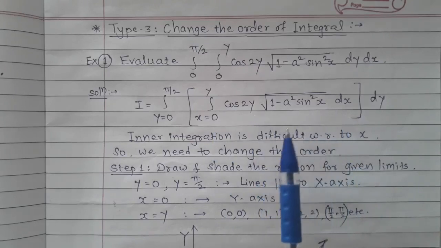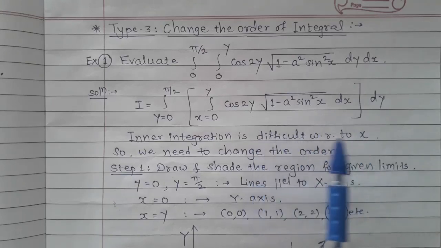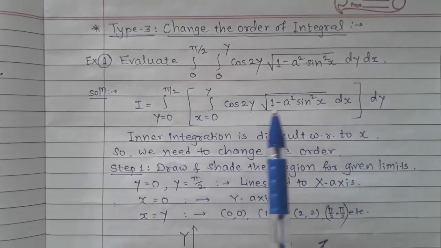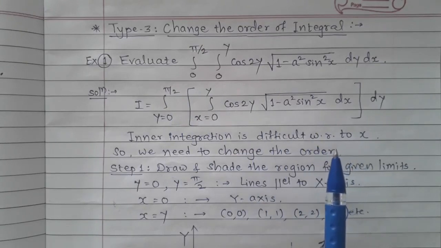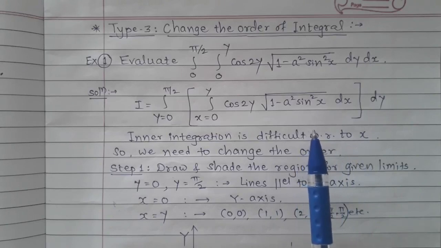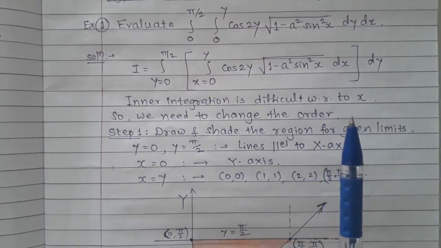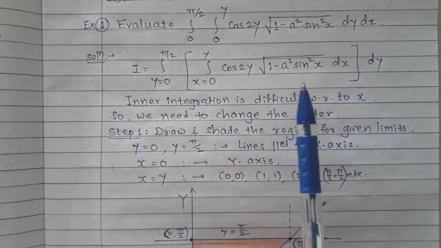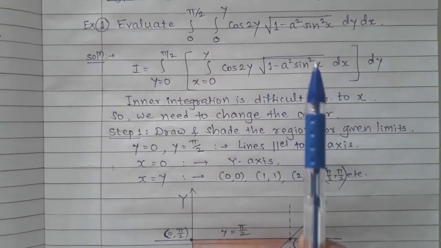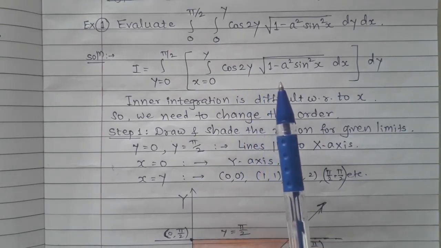This is actually the integration first with respect to x. X is a horizontal axis, that means for finding these limits the horizontal strip in the region is considered. So we will change that horizontal to vertical, from bottom to top, and find out the new limits. Before that, the inner integration, you see that it is difficult with respect to x because the square root term is difficult, but if it is with respect to y, then this term will come out and cos 2y, its integration will be easy to calculate. Therefore the change of order is required here.